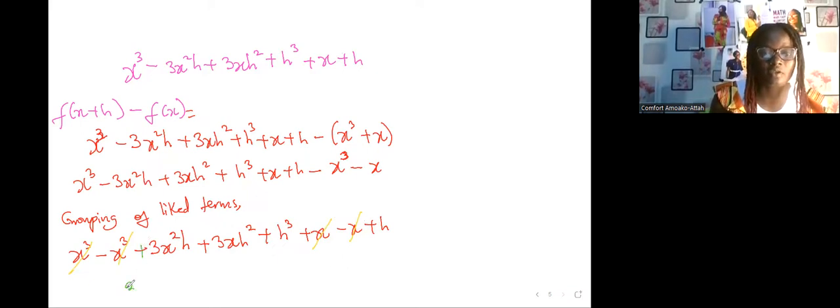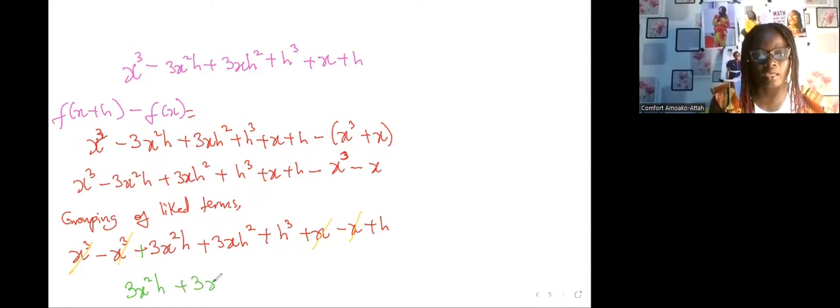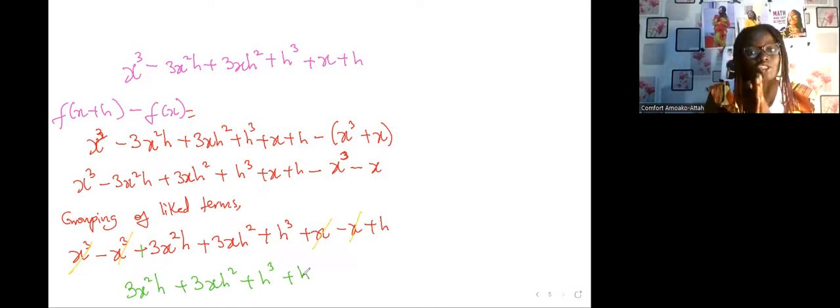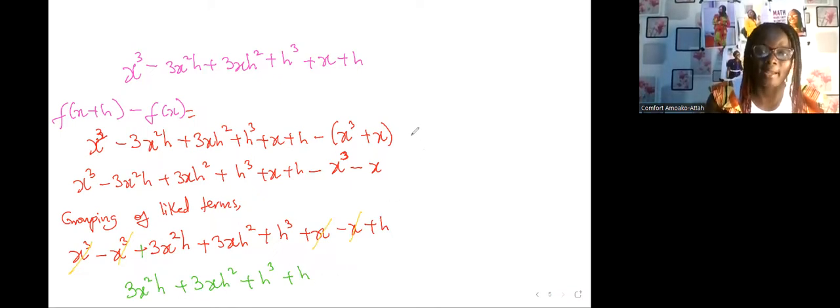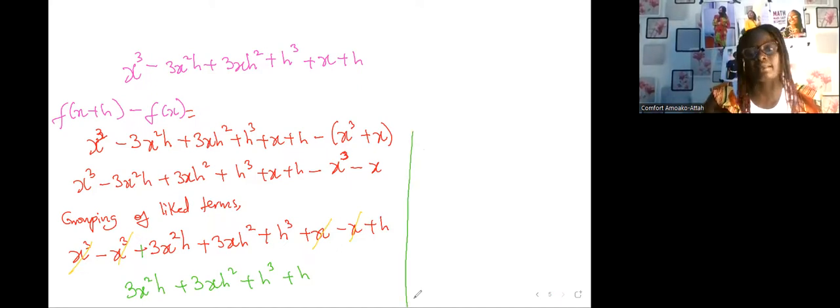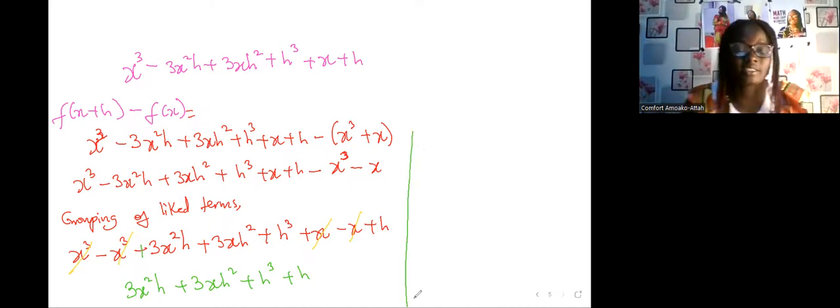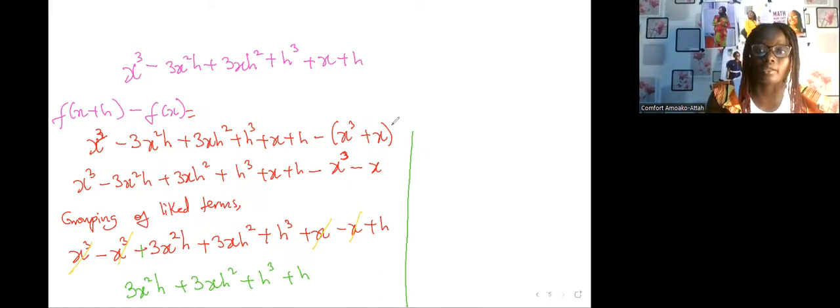So we are going to have 3x squared h plus 3xh squared plus h cubed plus h. Are we on track? Good. Then we apply the last term. This is the second term. Then the fourth one was f of x plus h minus f of x